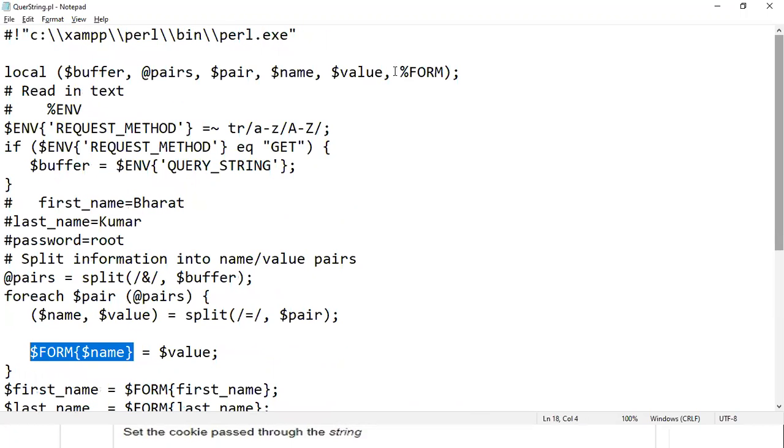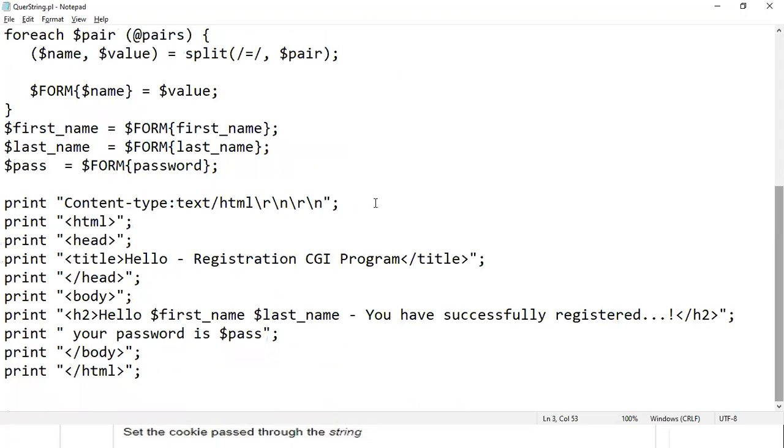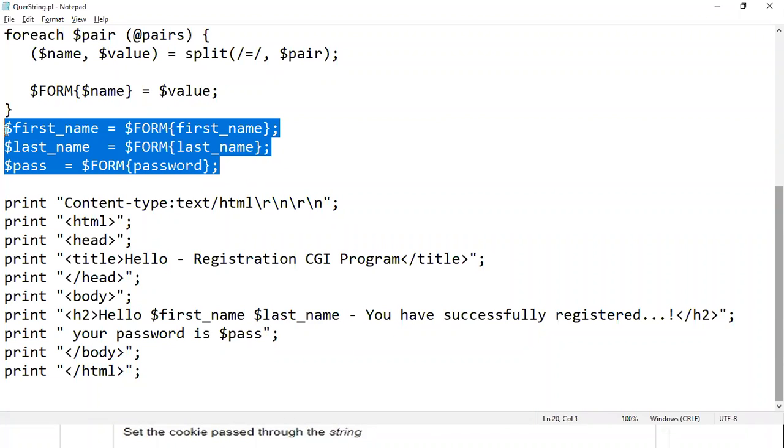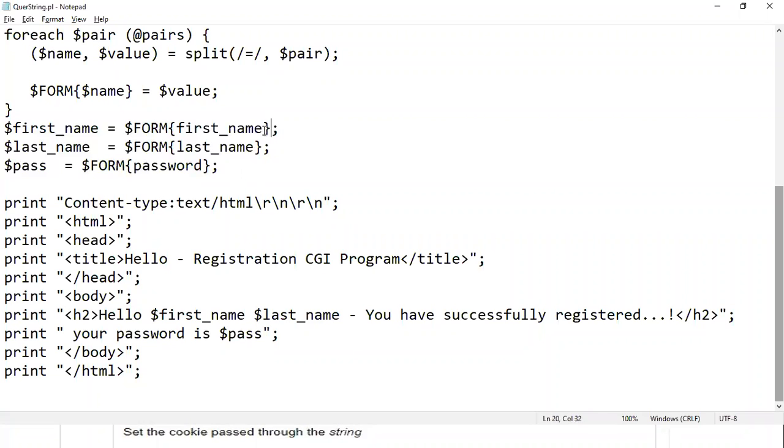One hash variable that we have created here, as a form. In this, name will go in the key position, and the value we assign for that key. Then we are creating variables like first name, last name, password, and from the hash variable we are getting the first name, last name, and password.